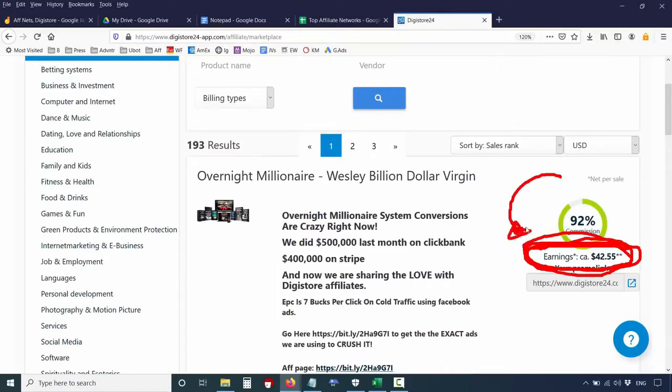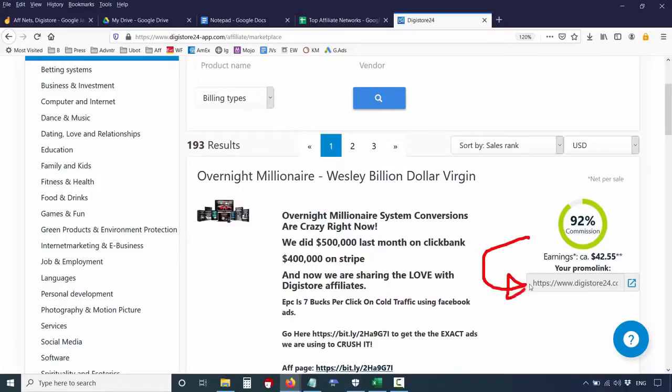Now, why do I say on average? Because the fact of the matter is you're actually making 92% commission. So whatever upsells they buy, if they buy downsells, if they buy other products from Wesley, you may make more than $42. You may also make a little bit less, but on average, you can generally count on $42 per commission. And your affiliate link is right here.